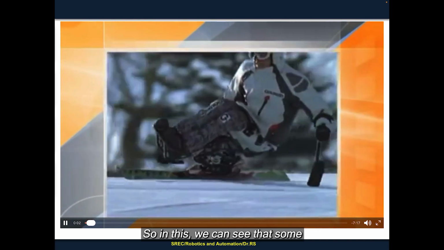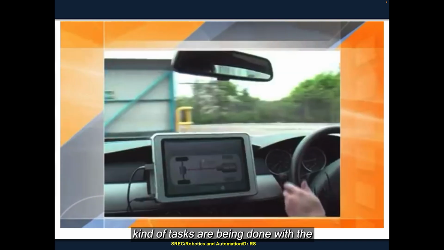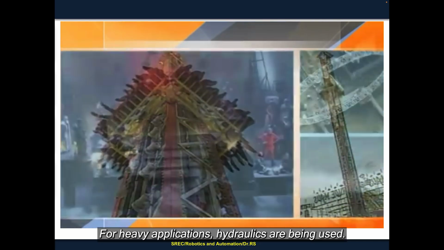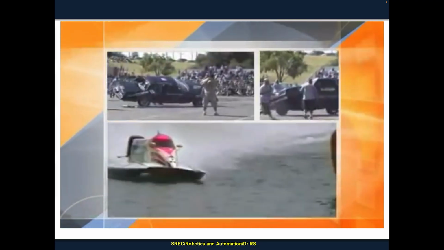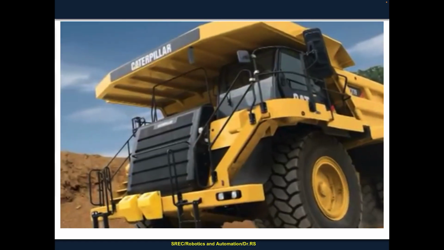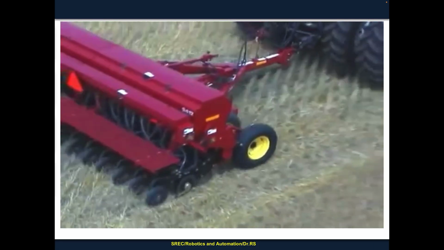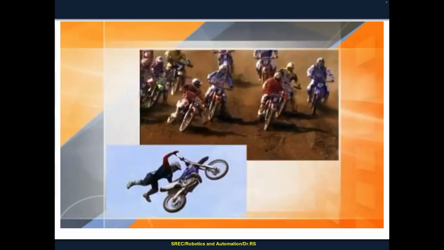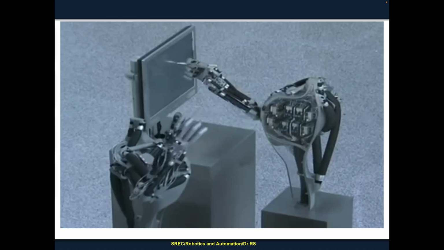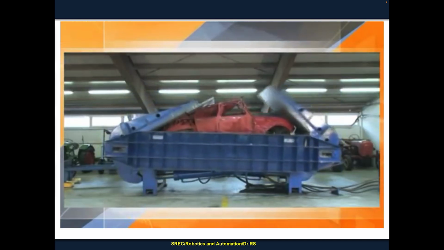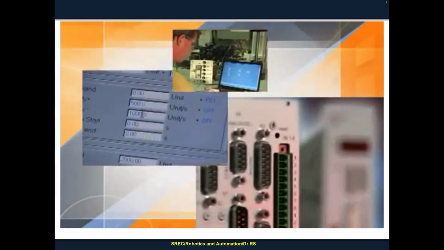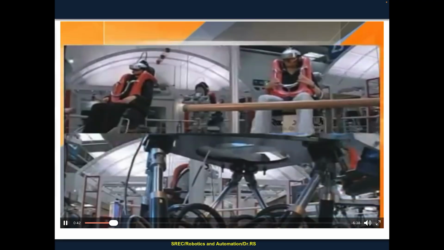So in this we can see that some kinds of tasks are being done with the help of hydraulic as well as pneumatic systems. Fluid power is a technology that's been used for hundreds of years in thousands of applications. In construction, agriculture, aerospace, automation, entertainment, robotics. Fluid power equals powerful and controlled motion. Through groundbreaking research and integration with electronics and computer controls, fluid power is ready to